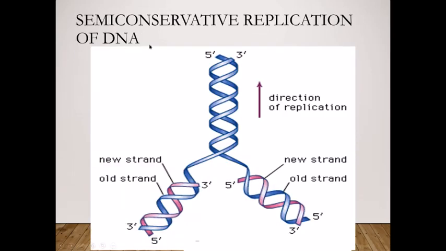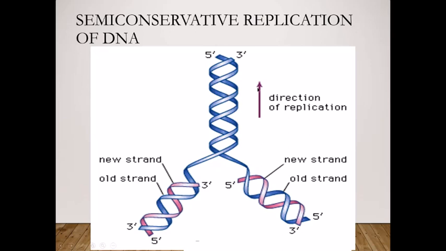Then the semi-conservative method of replication of DNA. Replication is the process by which DNA replicates itself and forms two copies that are identical to it. It means a DNA molecule can synthesize a new copy of the DNA molecule which is exactly similar, a duplicate. There are different steps involved in DNA replication, such as activation of nucleotides, point of origin or initiation point,